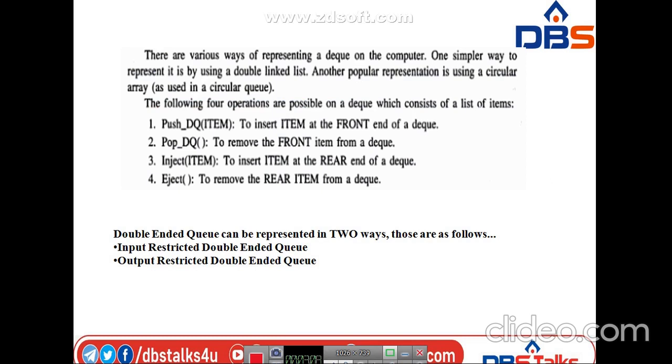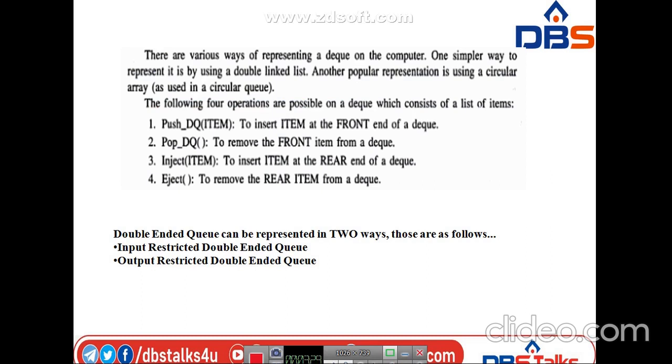Eject means performing the deletion operation at the rear end. Push and inject are the two insertions: insertion at the front, insertion at the rear. Pop and eject are the two deletions: deletion at the front, deletion at the rear.